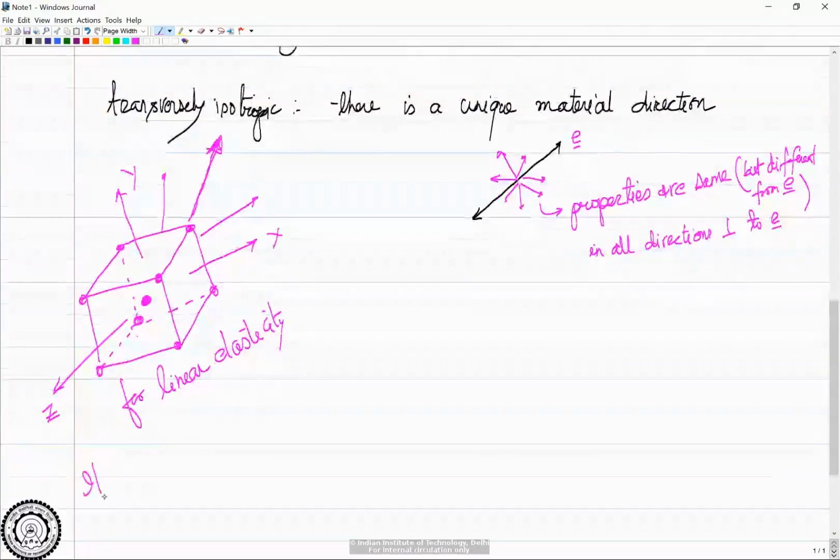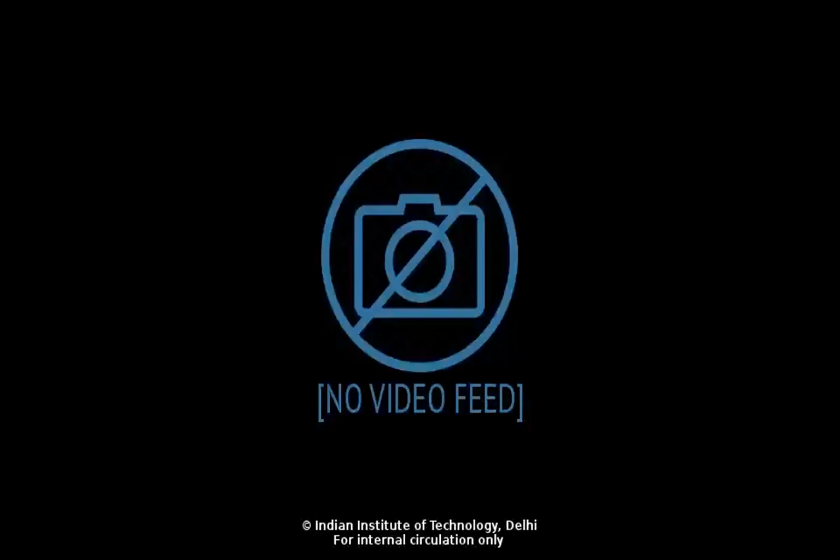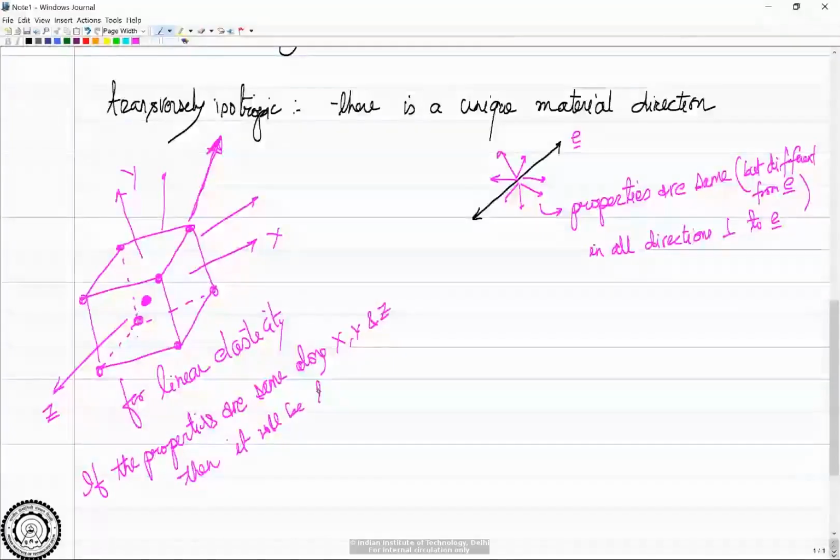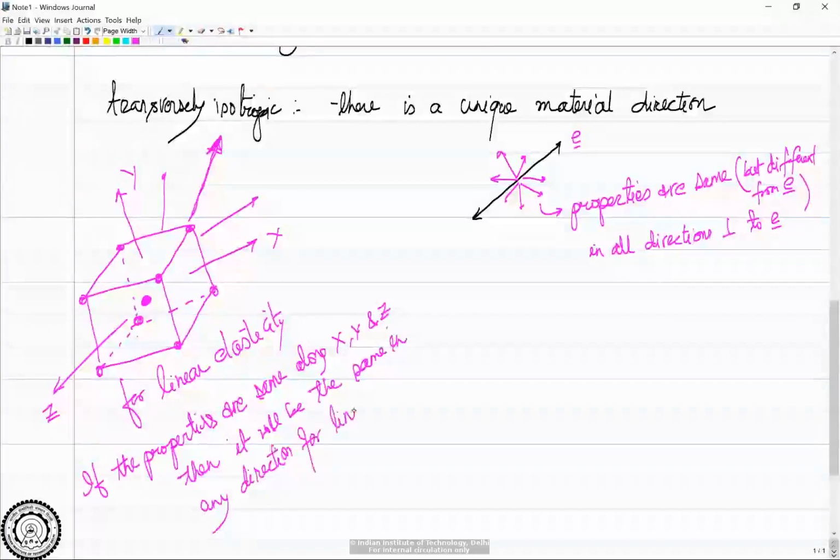Yeah, like that. If the properties are the same along any direction for linear elasticity, or for linear stress strain relation,